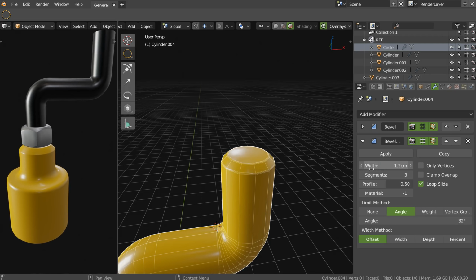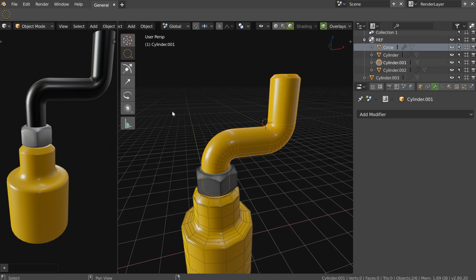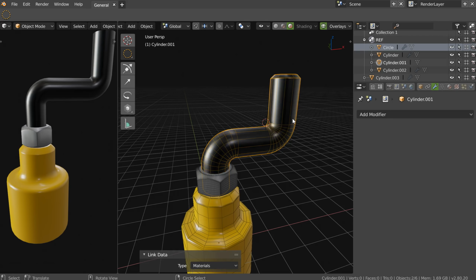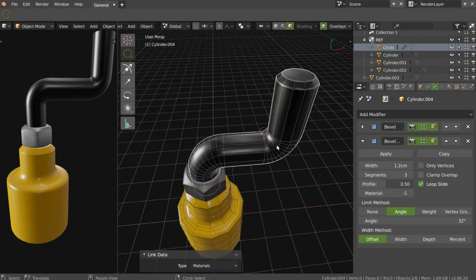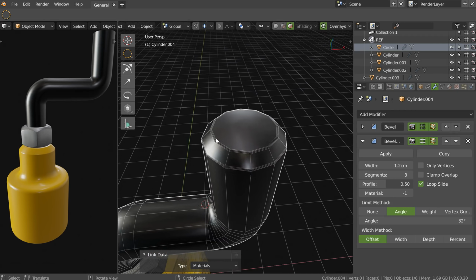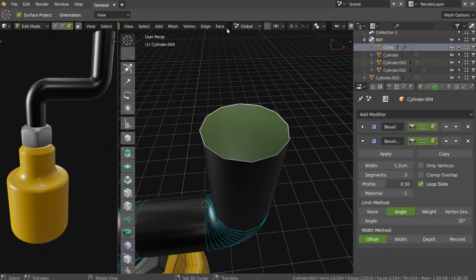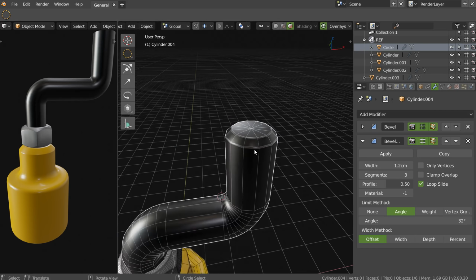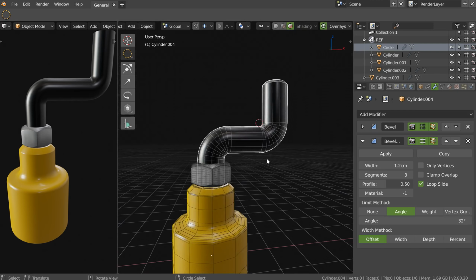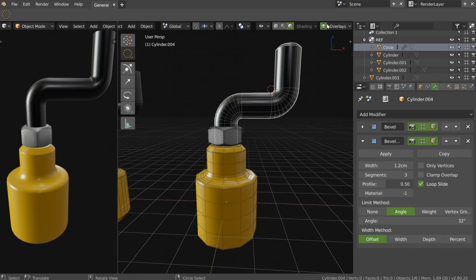And as you can see, using modifiers is always the best. Material. And that's it, I have my object. It's pretty nice. If I want to close this one, for example, I just have to make a poke. So face, poke face. And that's it.